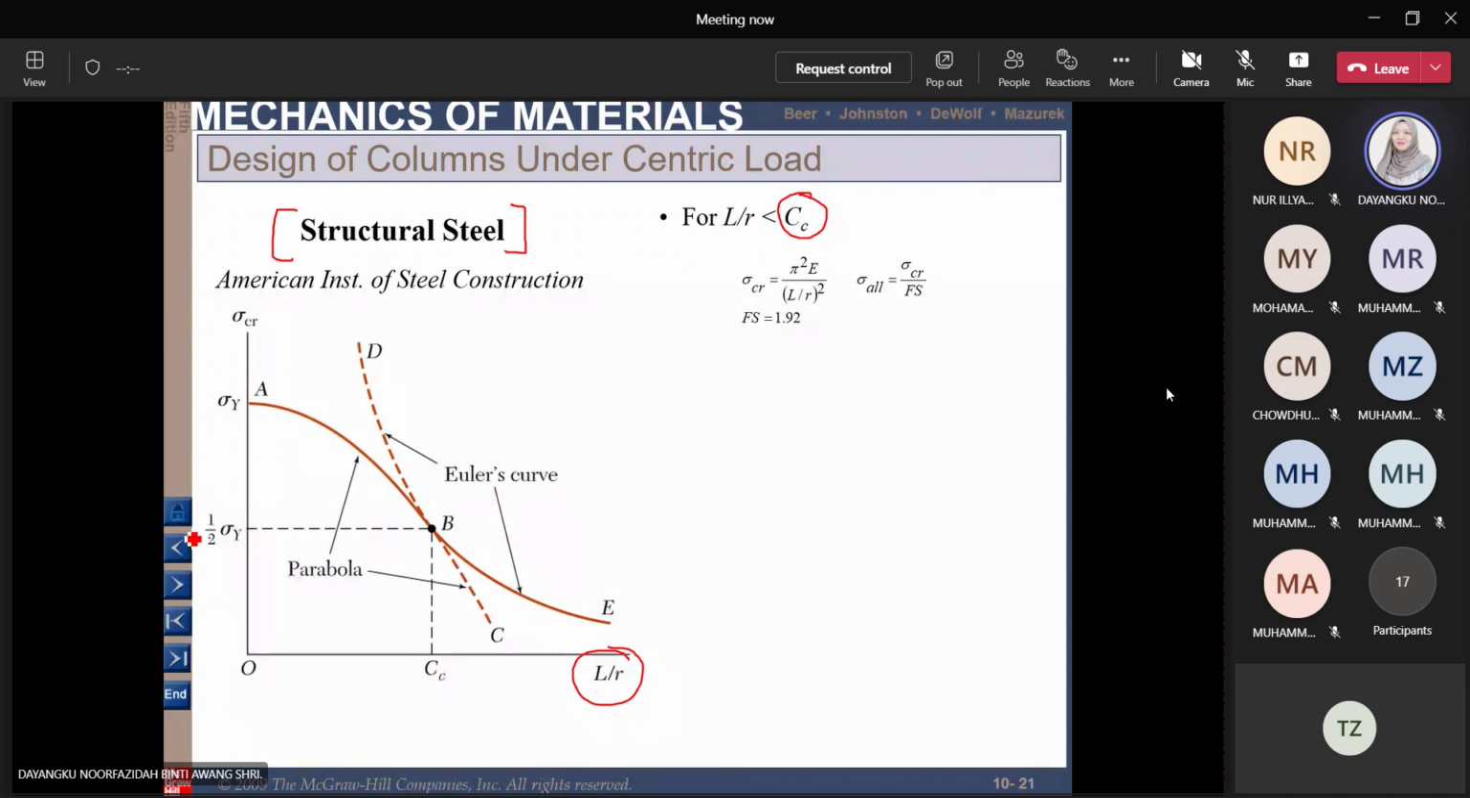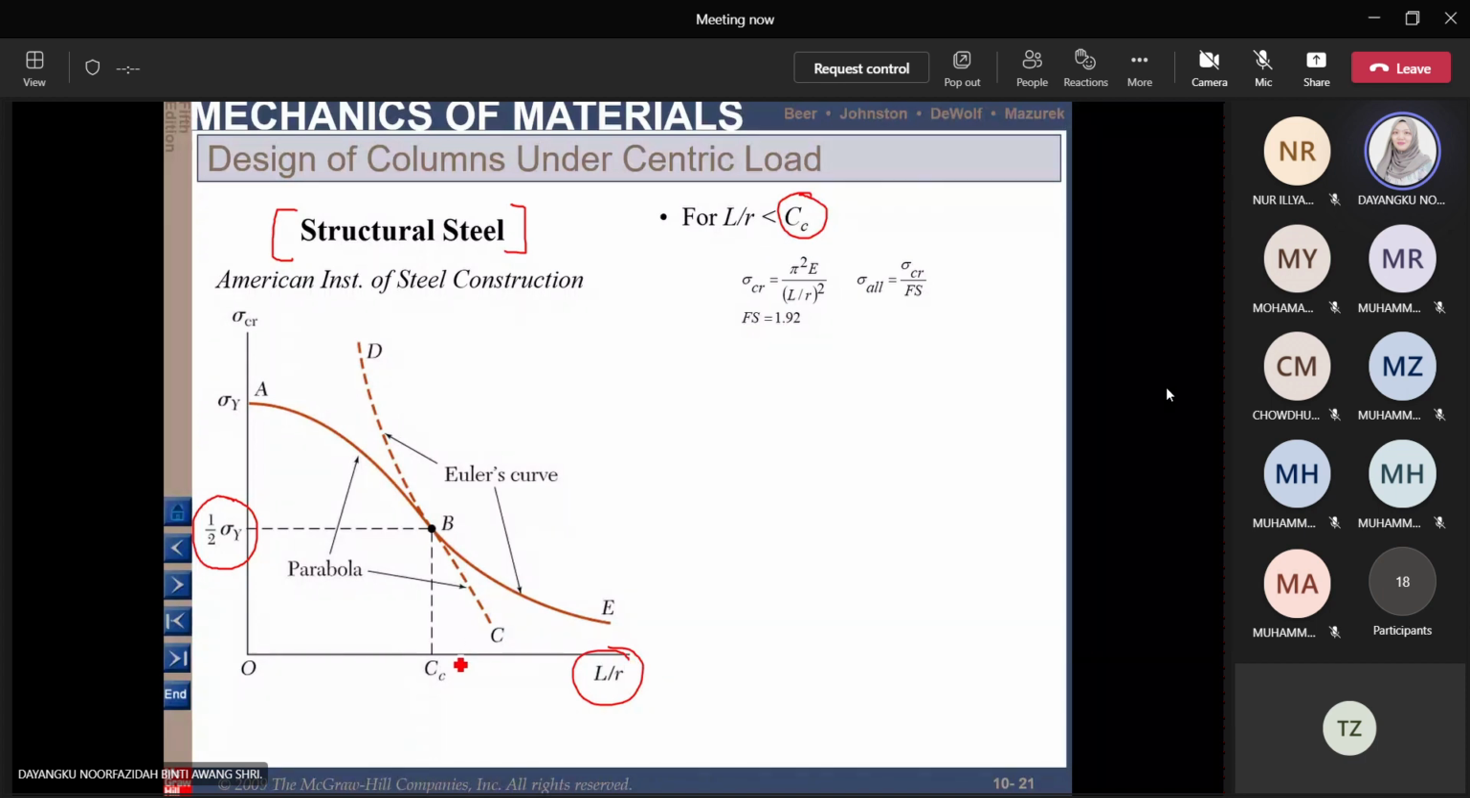So at this point, CC is at 1/2 sigma y, and it is the point where we meet the Euler formula. This point correlates to the CC, which is the L over R critical, and you need to find this value. So for each of the structural materials, you look into your